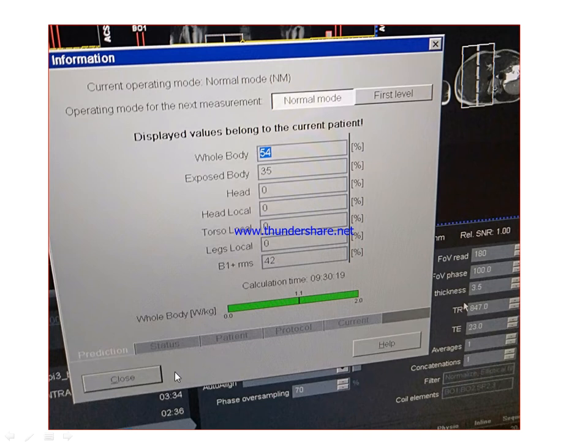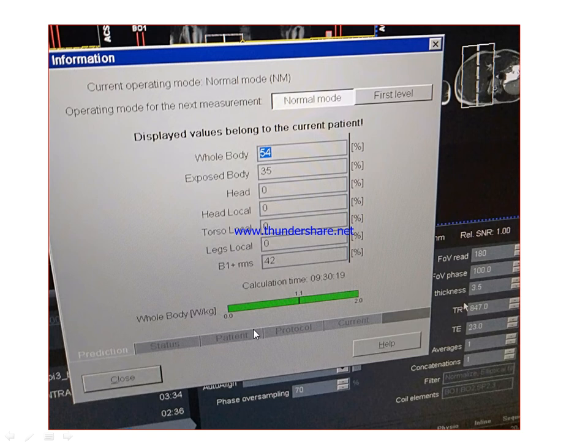Firstly we click on the SAR information option, then this information opens. Here is a prediction option where we see whole body SAR value, and in the status option we show the status of the current examination going on.